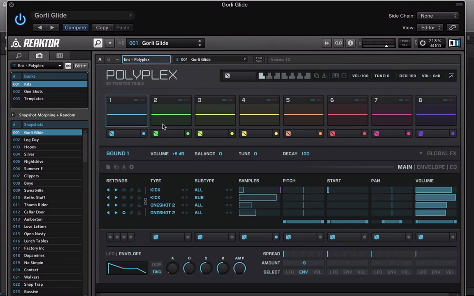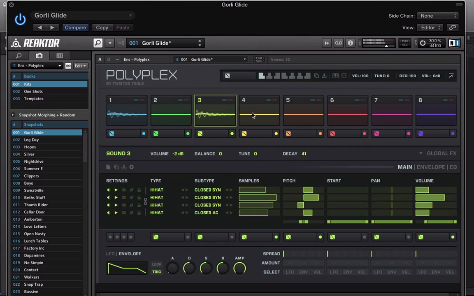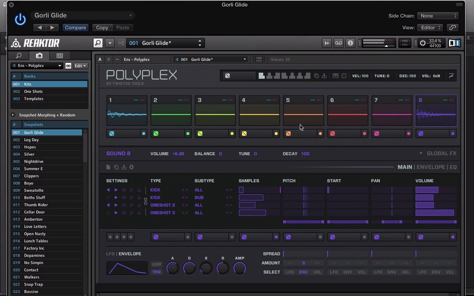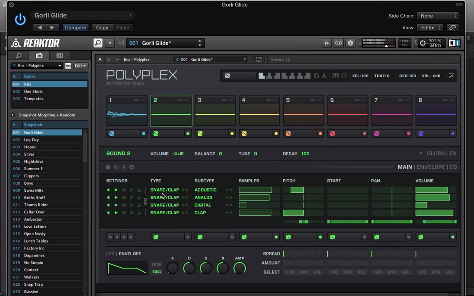stuff it can do. So Polyplex is essentially a sampler, but it's kind of so much more than that, because you have these 8 pads here, and within each of these 8 pads you actually have 4 samplers, so it's effectively like 32 samplers. With each one of these pads there's 4 different samplers triggering different samples. So it's a great way for making your own drum hits, layering up drum sounds, a sound designer's dream, but